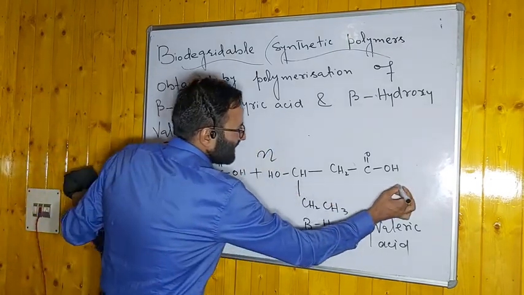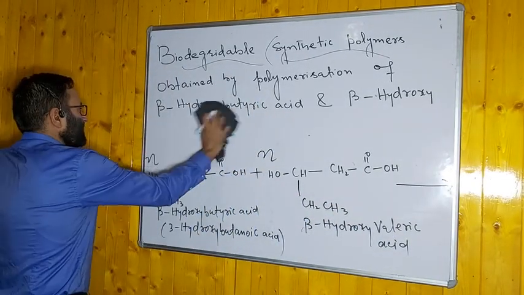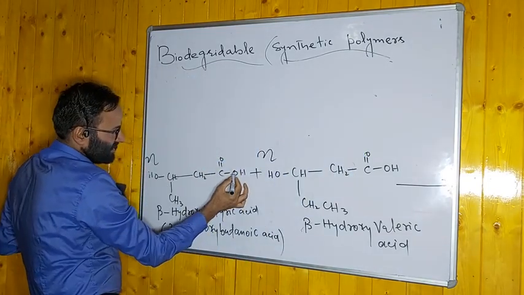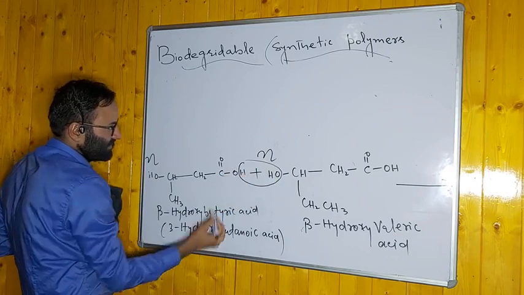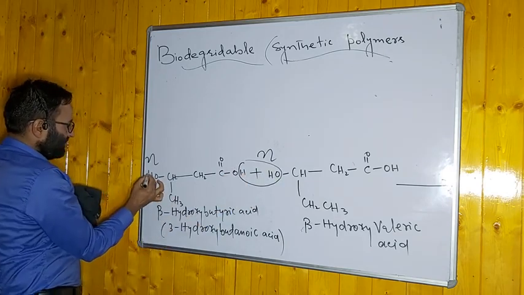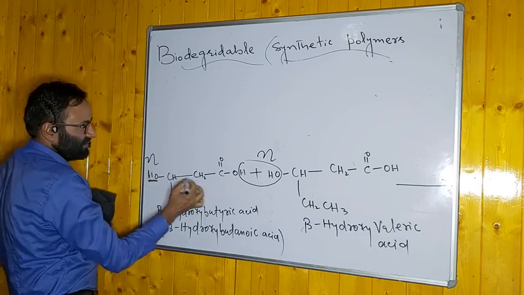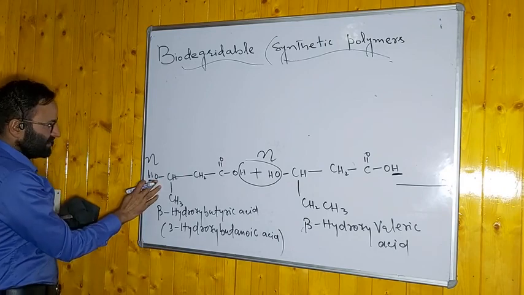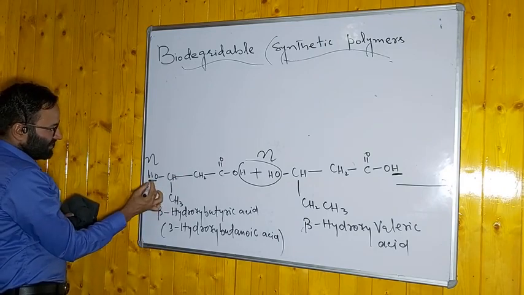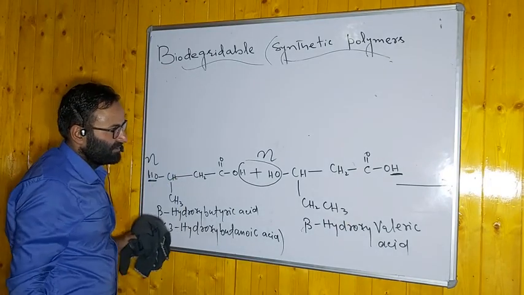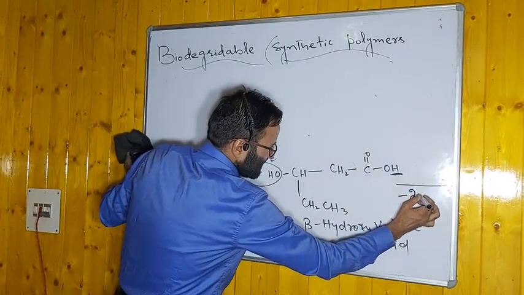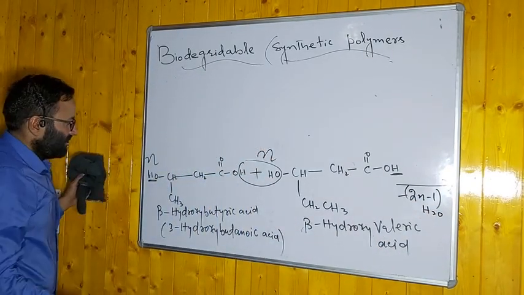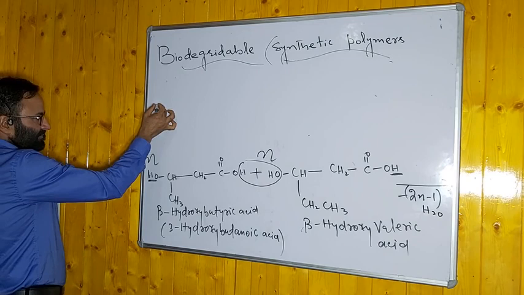And when you bring it to condensation polymerization, this HOH will come out. OH will come out. Here H will come out. Remember this point. H from this OH will come out. Minus water will be there. We have already discussed minus twice and minus water. This is the way. What you will have now, you will have